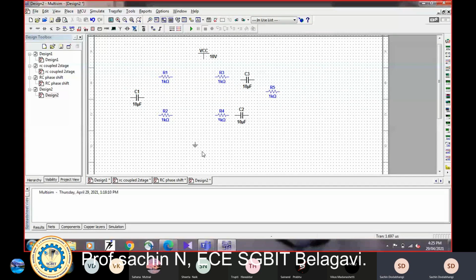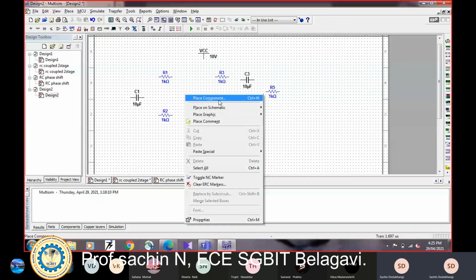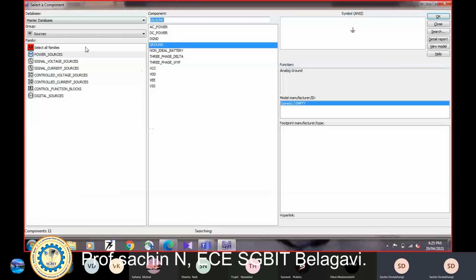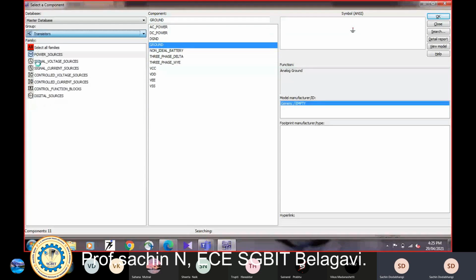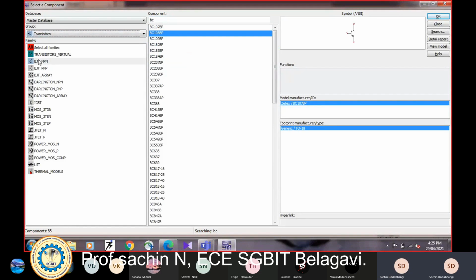So what is the main component? That is a transistor. I need a transistor. Again, right click, place component. In sources, you can find transistor here. I clicked on transistor. You can see the number of transistors, it has a huge library.